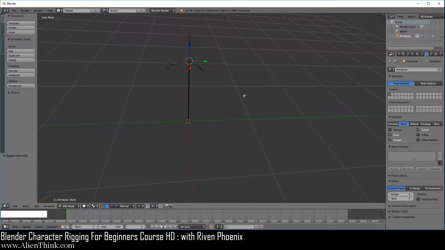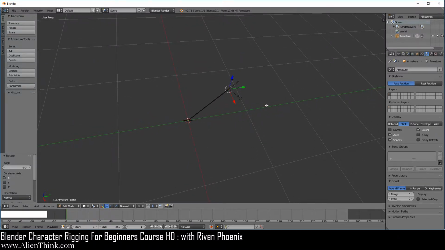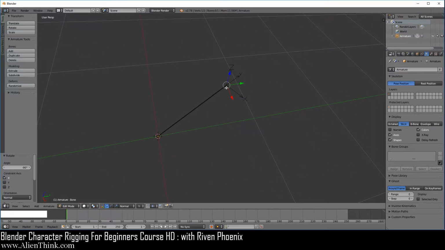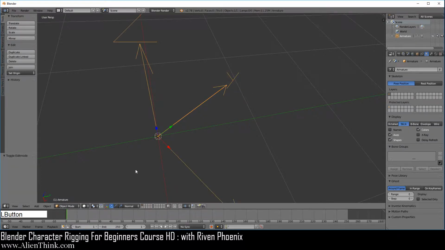So over here, if we press the R key and press the x-axis 2 times, we can make it rotate like this. So just type in -90, enter. Okay, so now you can see that if you zoom in, this is the y-axis going in this direction. Click on the body so you can actually see this. See how this is going? So now if we switch to object mode, you can see how this is matching.